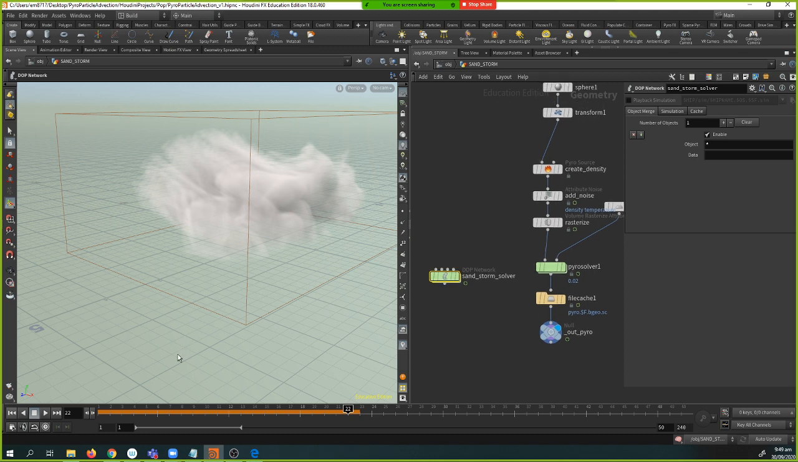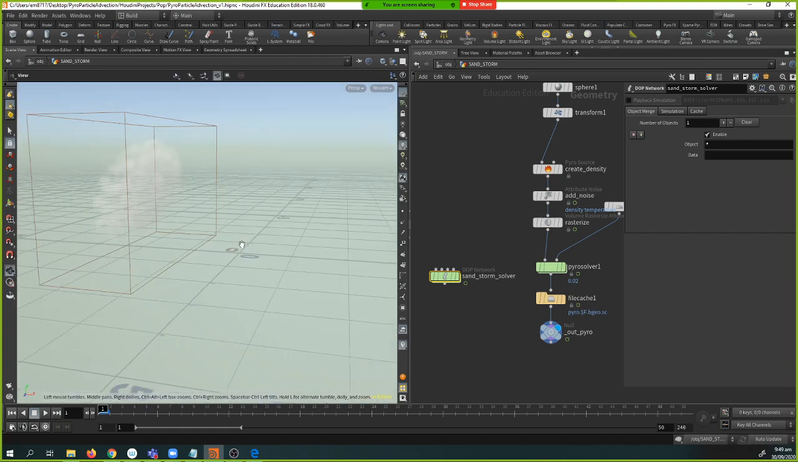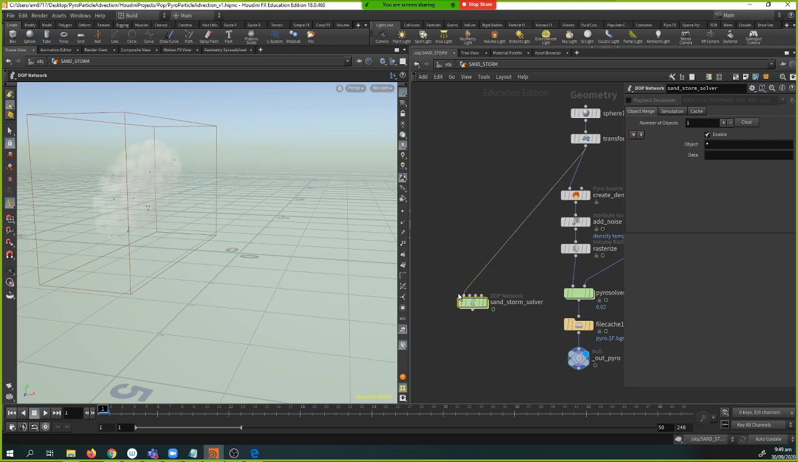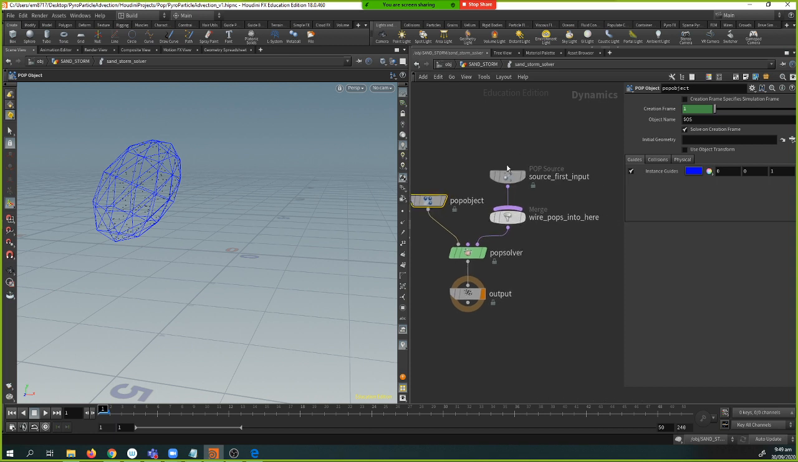The sandstorm needs to look at the source object, and the source object is this sphere that I made. So I add a transform to the first node, and you saw me holding Alt, clicking in the middle, then releasing it and moving it around to tidy things up. Here inside my pop network, I have a pop object, which is particles, I have a source, and you can wire